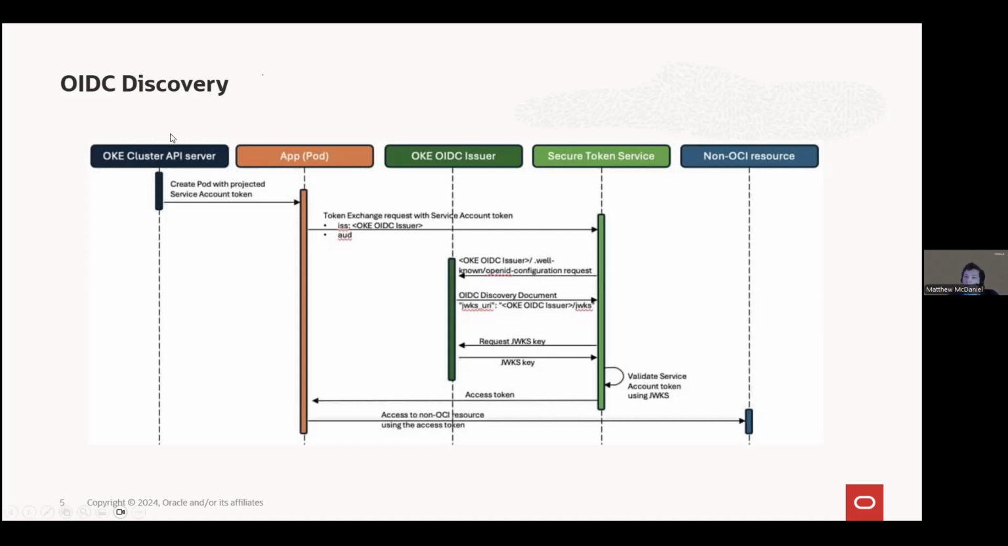OIDC discovery helps address this issue because we don't always want to mount credentials on these pods. Why not just use the service account token that the pod is given? What you can do with OIDC discovery is exchange the token that's mounted on the pod with a token granted by a third-party issuer. In this case, it could be AWS, for instance, it could be HashiCorp Vault, any third-party service that can issue tokens. All you have to do is give it what's called the issuer URL,